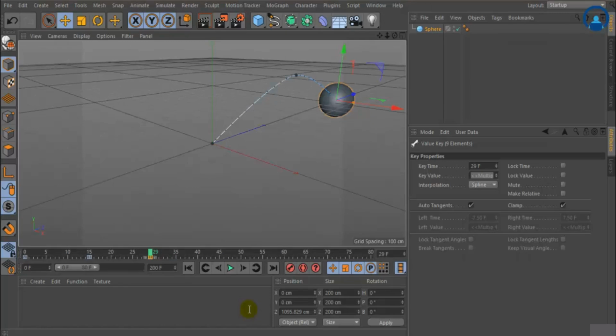I changed multiple values, that's why it's showing multiple. And interpolation, the smoothness of this keyframe, is in spline. I can keep it as linear or step. The same option is available in project setting. We will learn about this in FCurve. Auto tangent will automatically add the tangent. Then lock time and lock value: you can lock the timing. If you don't want to animate or modify that, you can lock these. So these are the keyframe properties over here.